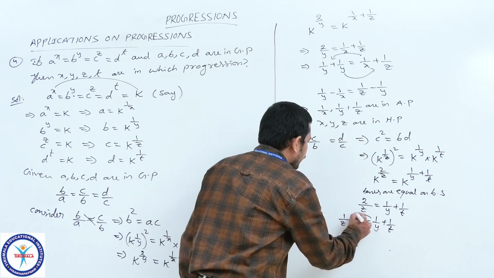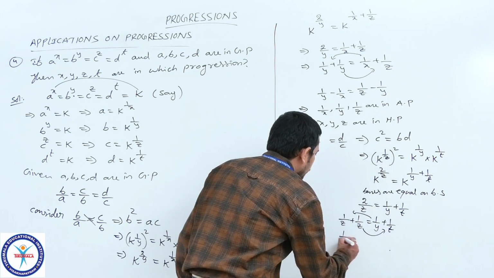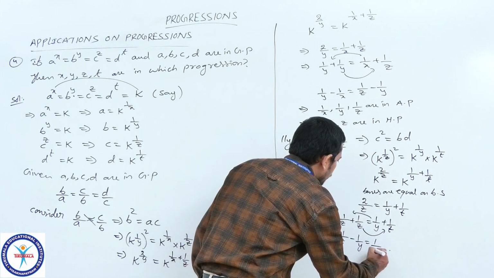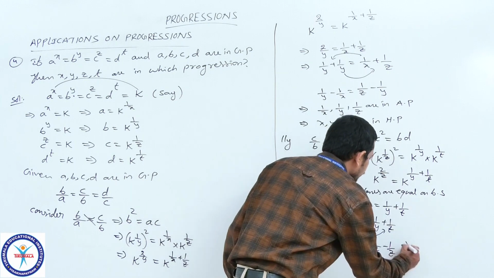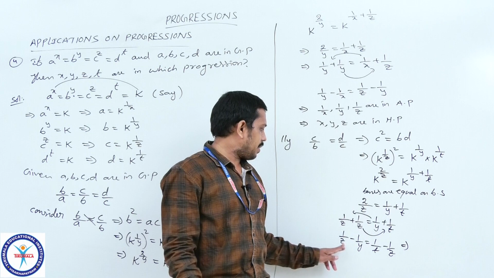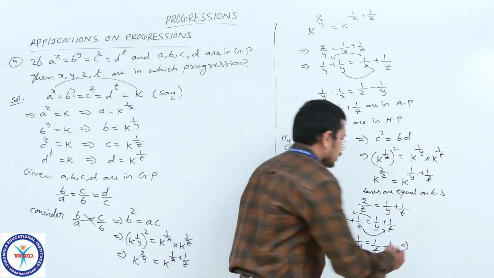Then by taking 1/y to the left side and 1/z to the right side, we have 1/z − 1/y = 1/t − 1/z, which implies here the differences are equal, meaning 1/y, 1/z, 1/t are in arithmetic progression,